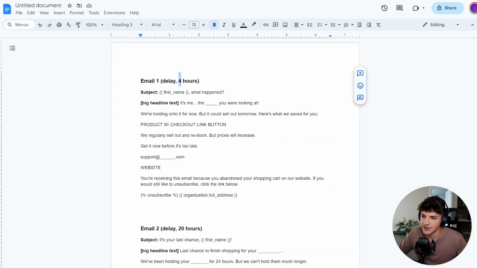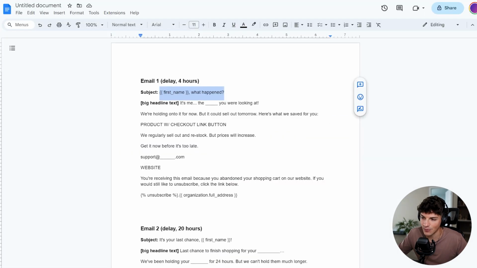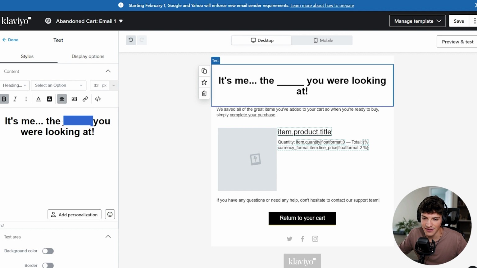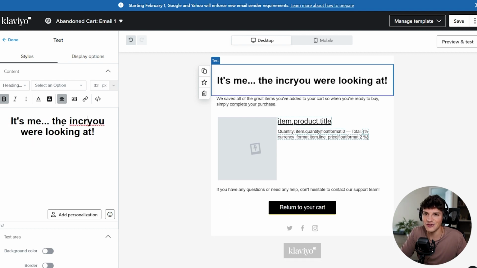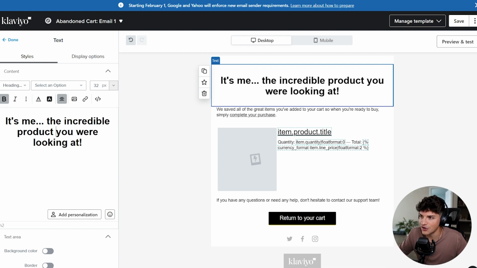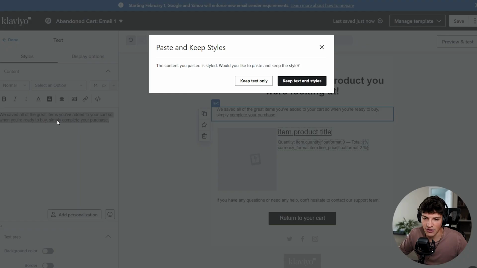So the name doesn't matter. Subject name, it's going to say first name, what happened. And then we can come to edit email. And for this big headline, we're going to say, it's me. You can switch this out for the product you're selling, like the cute teddy ears, but I'll just say the incredible product you are looking at. I'll keep it generic. It says we're holding on to the product now,